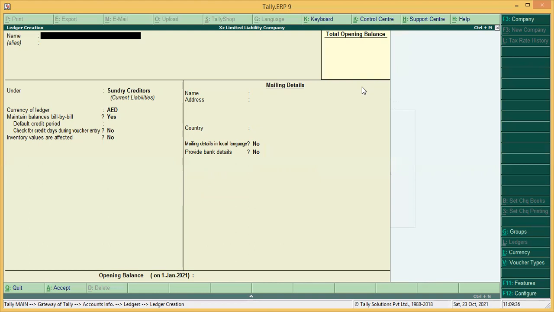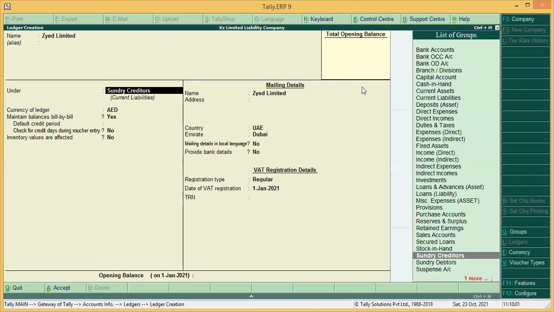Now students, in the same way you can record this customer as well. Say one of another company, Zayed Limited is one of the companies which is your customer.